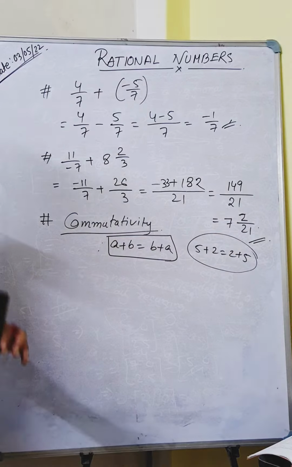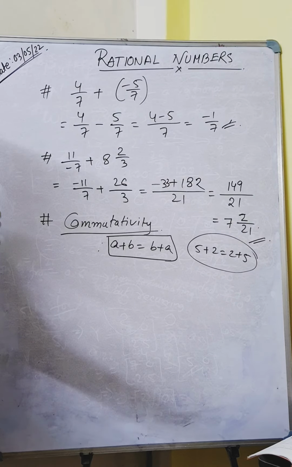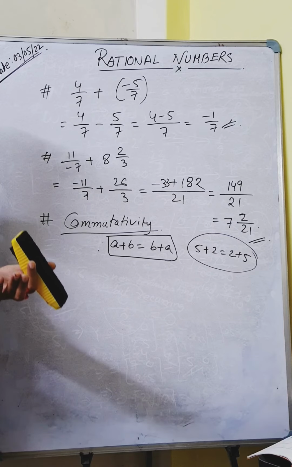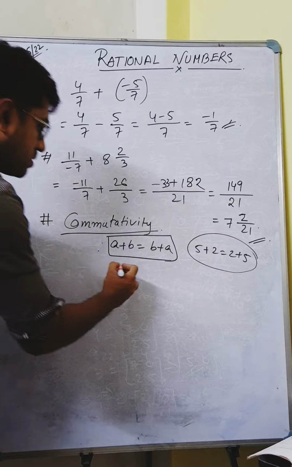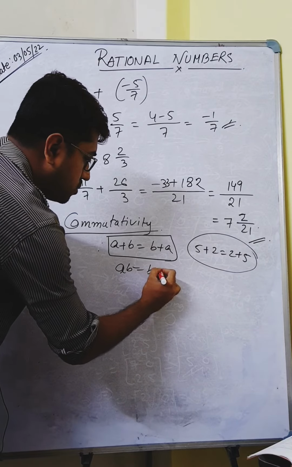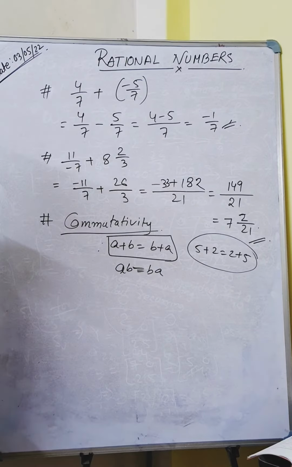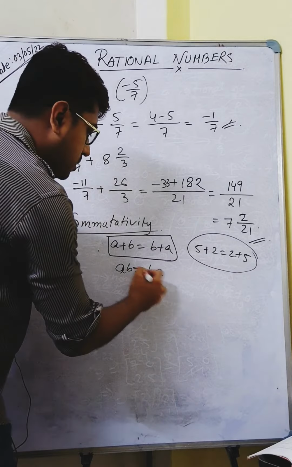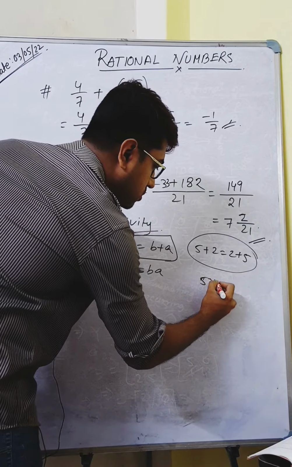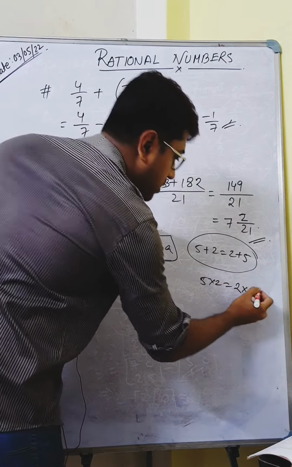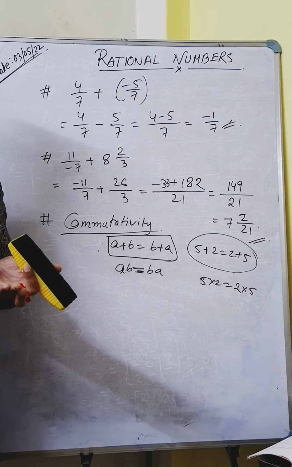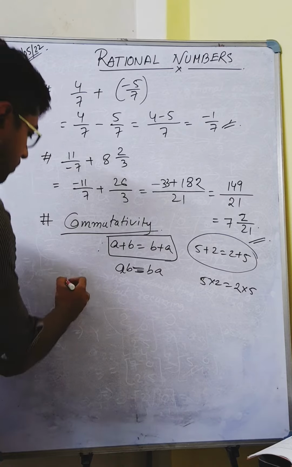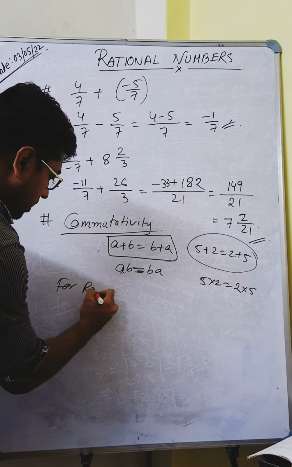So that is called commutativity, and this property holds for addition as well as multiplication, because multiplication means a into b equal to b into a, true na? For example 5 into 2 equal to 2 into 5, right? So for rational numbers commutativity for addition and multiplication holds. So write it for rational number